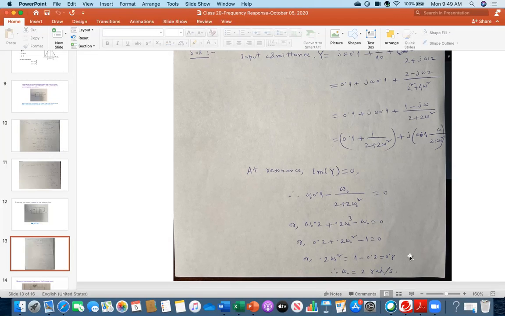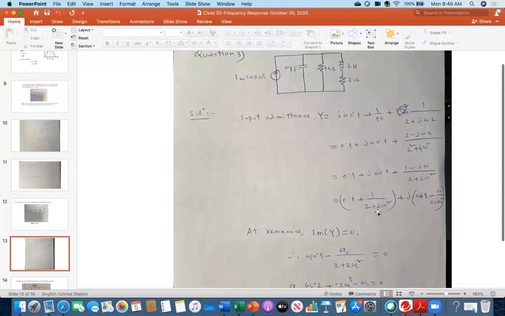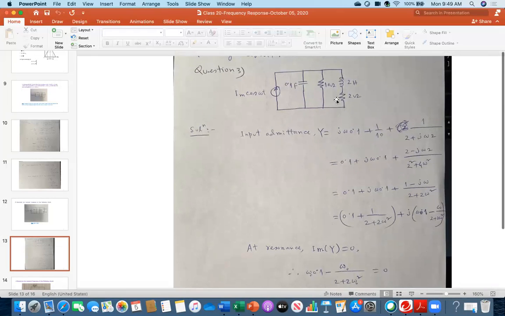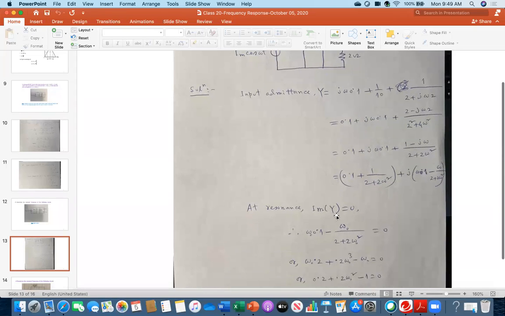Everybody, could you follow me? Yes. So right after this one, today you will practice. Today, everybody will join and participate. I am showing a circuit, exactly similar, just a different circuit. So once again, does everybody understand what I did? I wrote down the y expression, and then you have to simplify it in that way, and you have to make y equal to 0, that is, the imaginary part of y equal to 0.